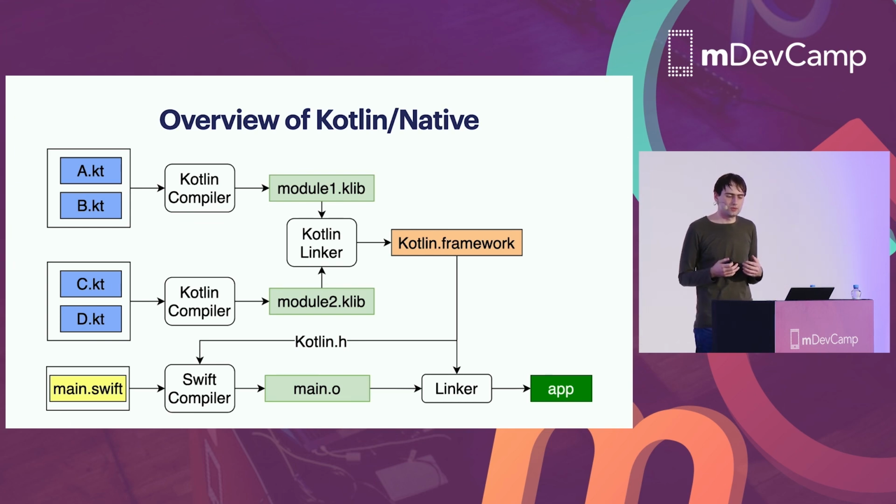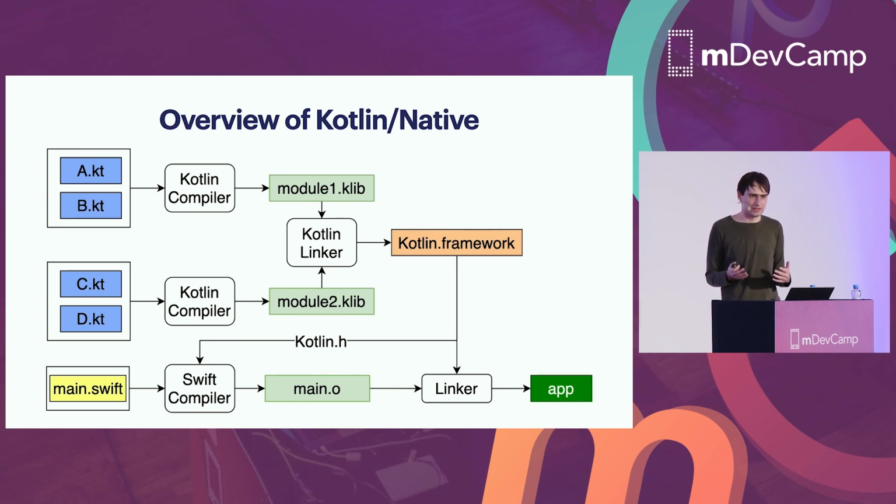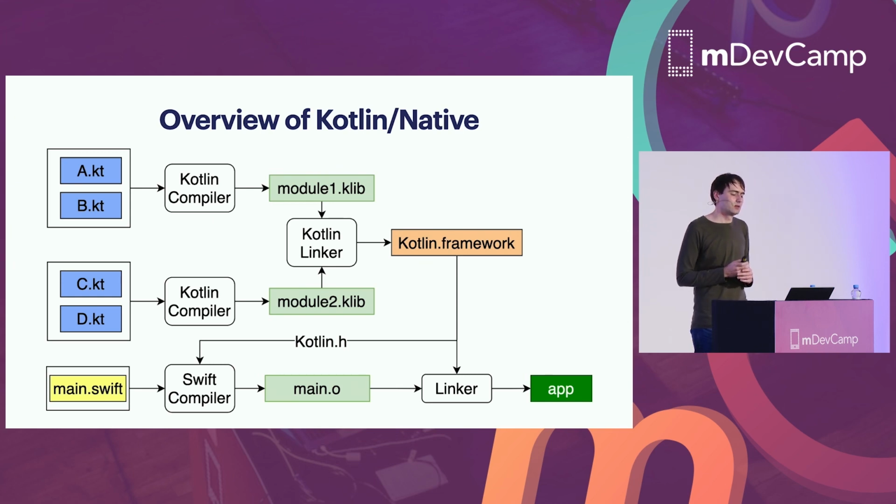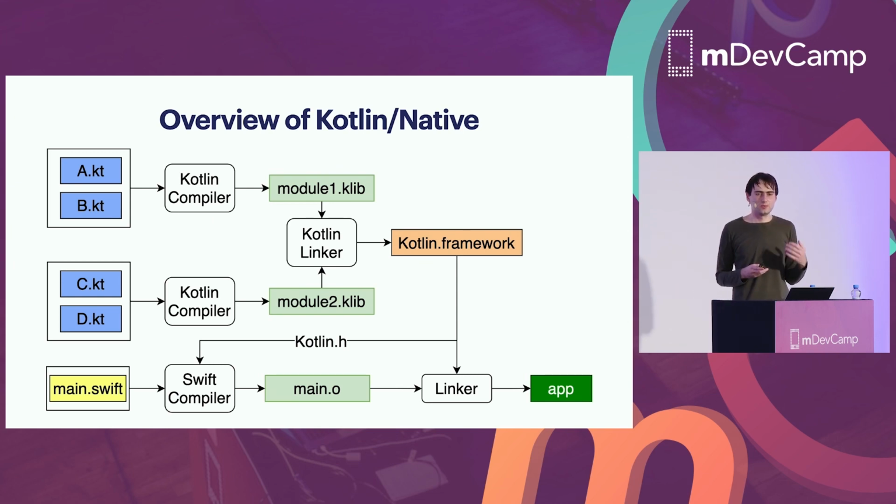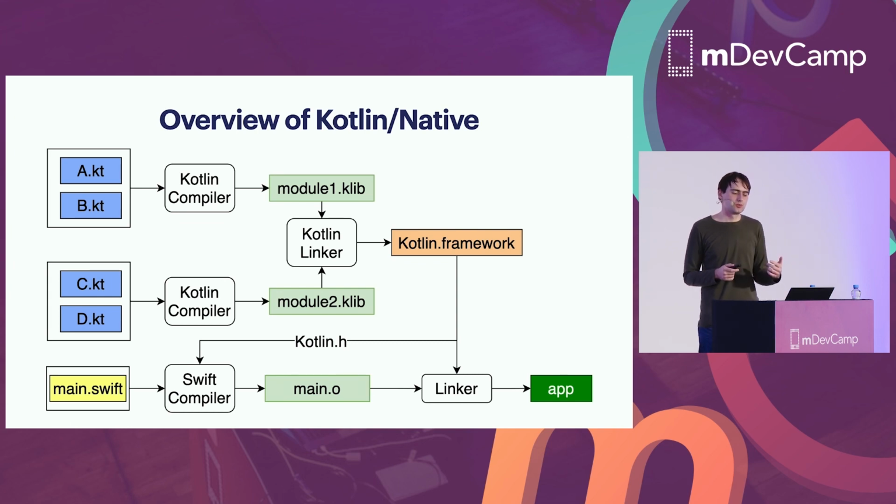In Gradle, you usually see tasks called link ARM64 or link iOS ARM64, something like that. All this task does is invoke the Kotlin compiler with specific flags to produce the binary. This linker takes as input all Kotlin klibs that the program will consist of, including third-party libraries. It loads them into memory, unzips them, and deserializes the IR. It therefore reconstructs the whole program inside memory. Then it uses LLVM to emit